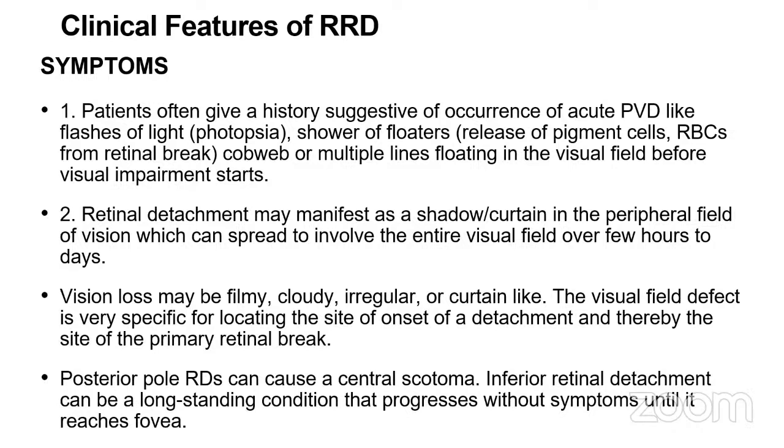Then retinal detachment may manifest as a shadow or curtain in the peripheral field of vision, which can spread to involve the entire visual field over a few hours to days. So vision loss may be filmy, cloudy, irregular, or curtain-like. The field defect is very specific for locating the site of onset of detachment and thereby the site of the primary retinal break. So if